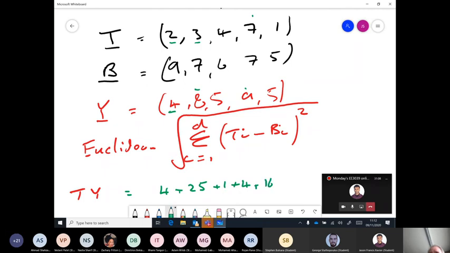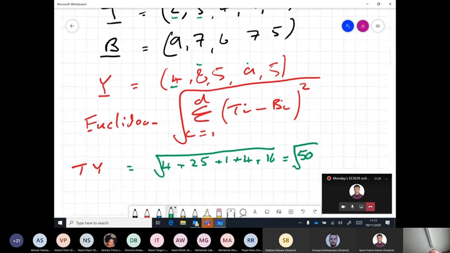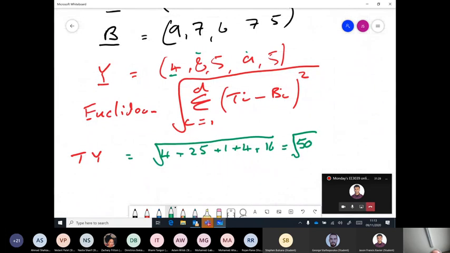Plus 16, which gives a total of 25, 26, 30, 50. Of course, it is the square root, so we should take the square root of the whole of that, and we take the square root of the answer. So TY has a distance of root 50 from the Trump reference. Now, if we do the same for the Biden reference, it is going to be